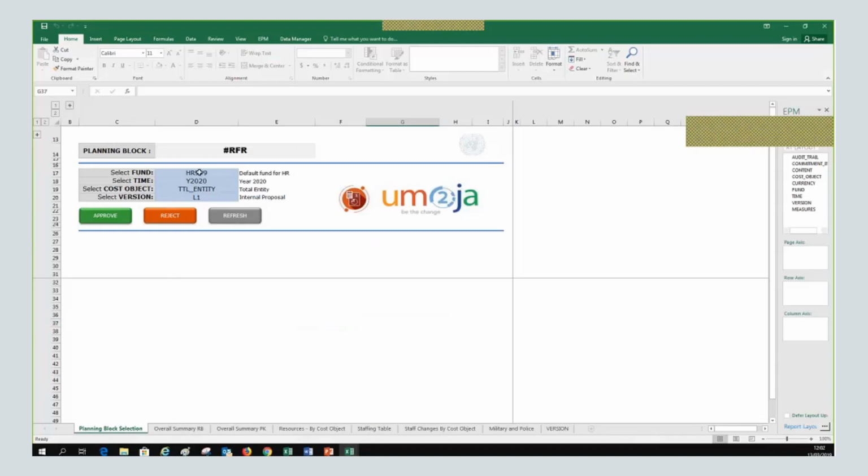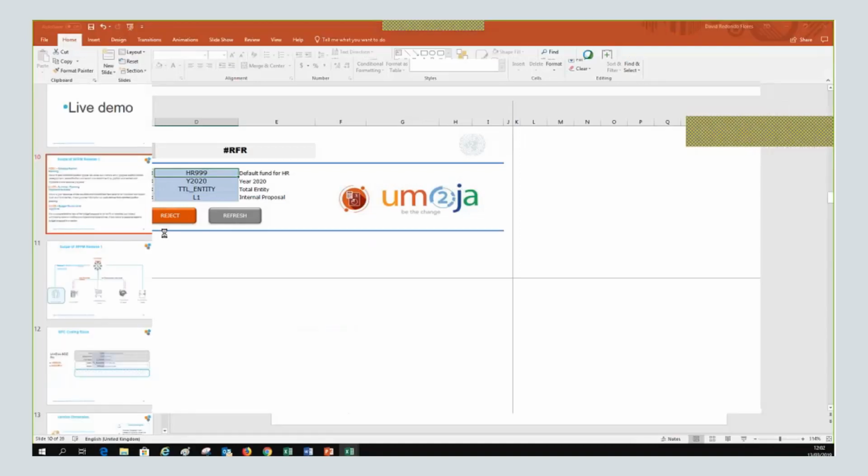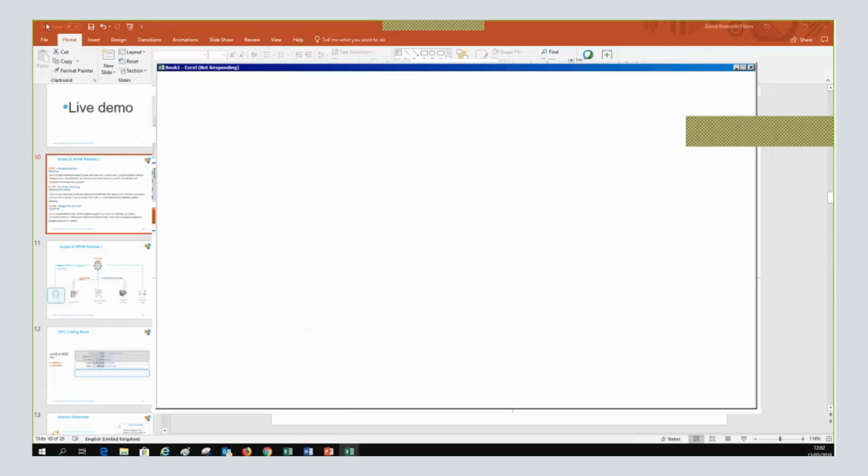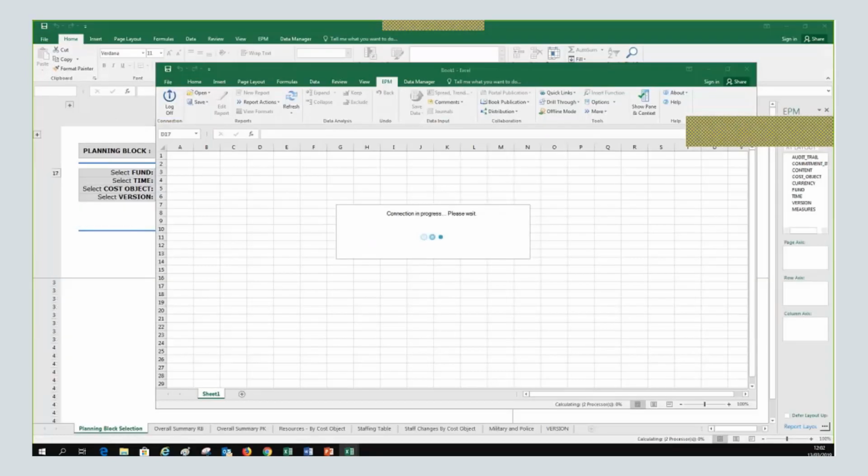The first thing is we select the fund. So we are going to select the coding block, and now I will explain this tab that has some buttons. The system should show me now the pop-up for the selection of the code.